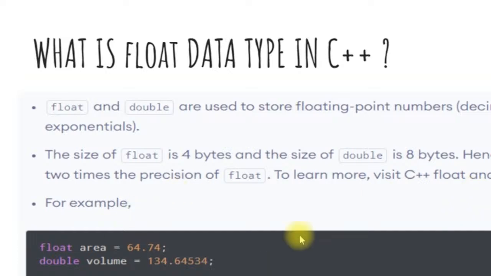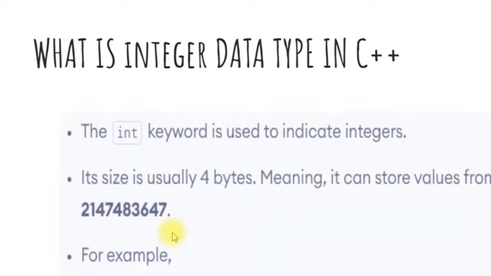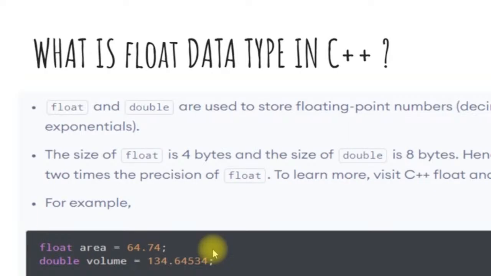Now here we have some syntactical examples. As we discussed in the previous slide, the syntax will be almost similar. int salary is equal to 85,000. So this is the data type, this is the variable name. You can change the name if you want, and on the right hand side of the equals symbol you have the number, the decimal point number or the exponential number that you want to store in this variable. And how you can judge precision is by looking at the number of